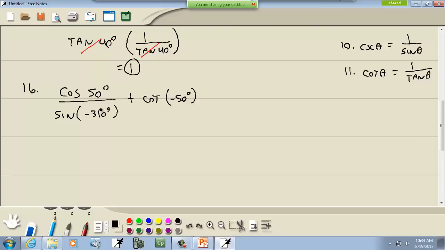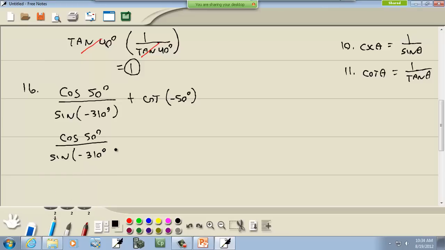Why did I choose 50? No particular reason, except for this one was 50 and this one was 50, so that looked like the easiest one to go for. Now remember, sine is a periodic function, and we can add 360 degrees to that one. So this can become cosine of 50 degrees over sine of negative 310 degrees